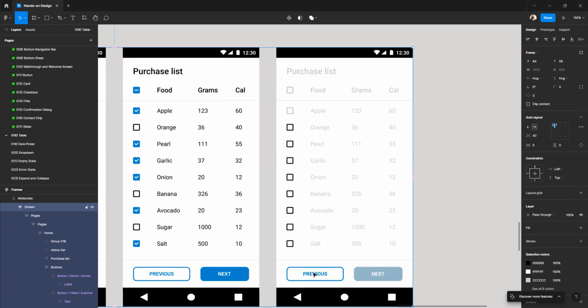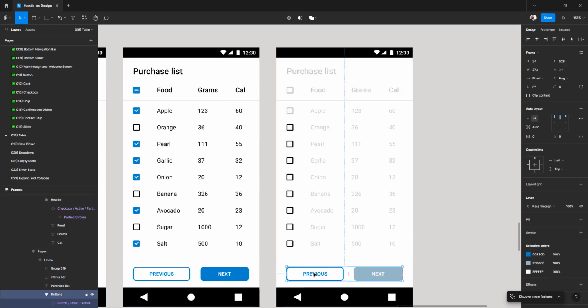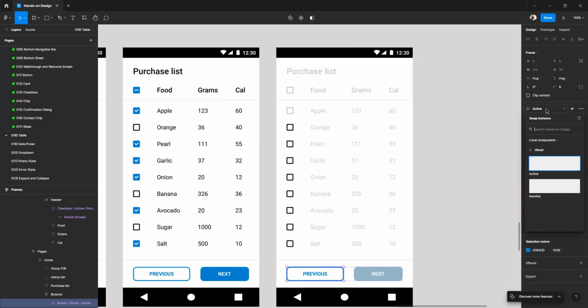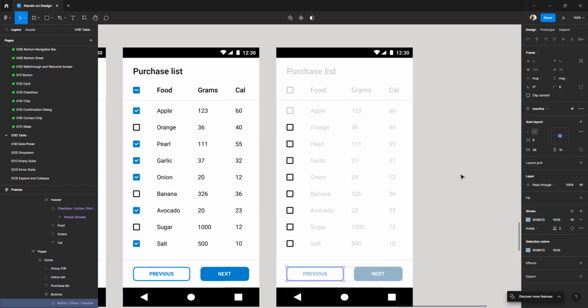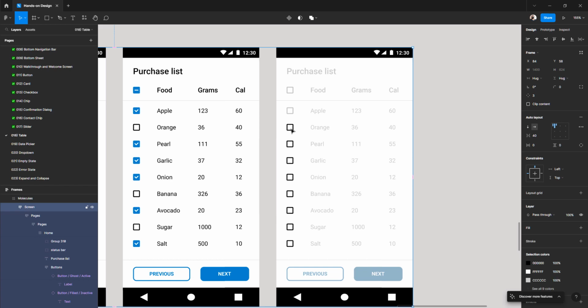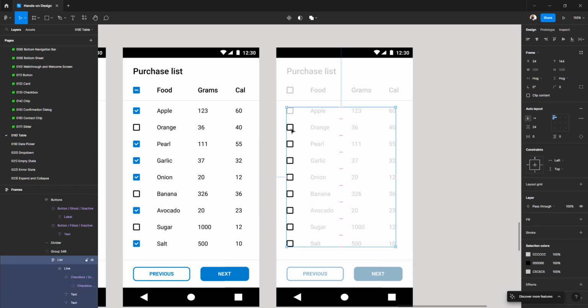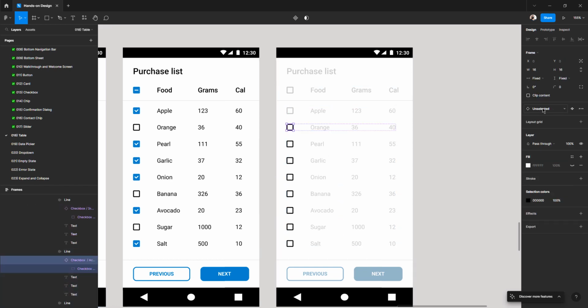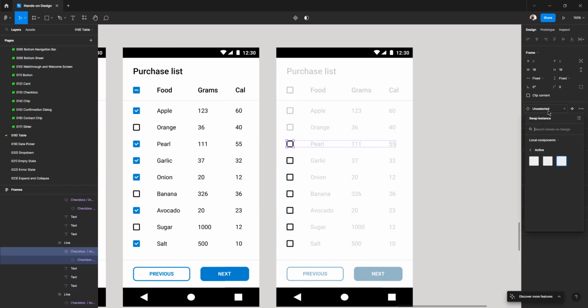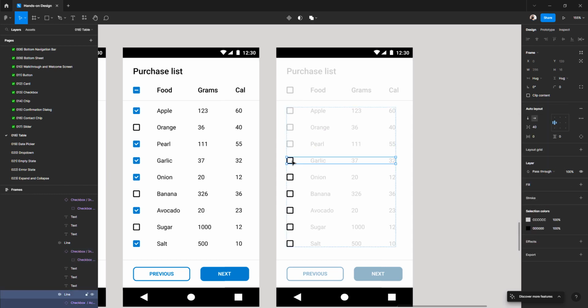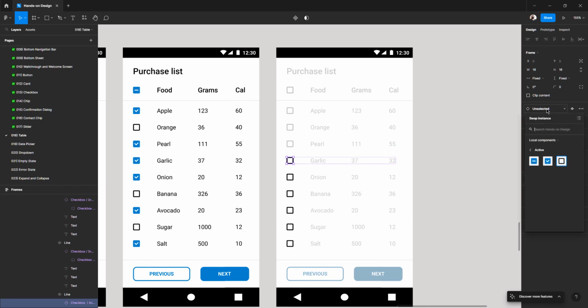I have to disable this button too. In this case, active, inactive. See, I love to play with components, really. I'm like a kid with my building blocks, just playing around and smiling to myself. This is really cool when things are organized. While I'm doing these mechanic movements over here, mechanic